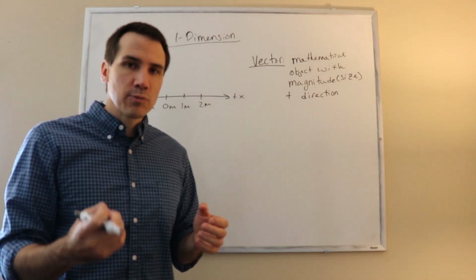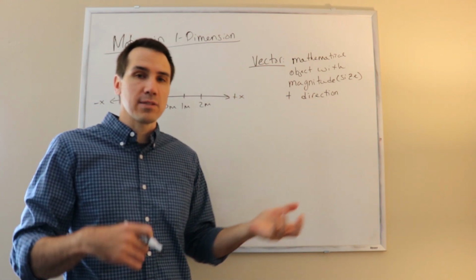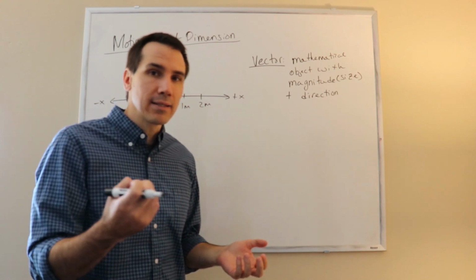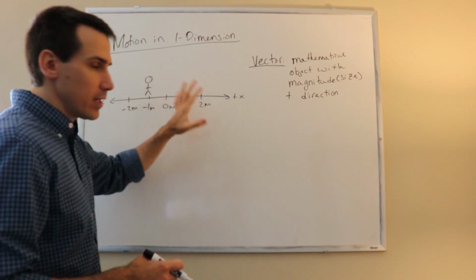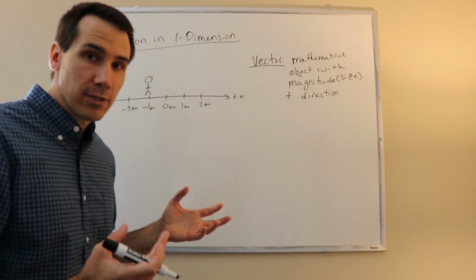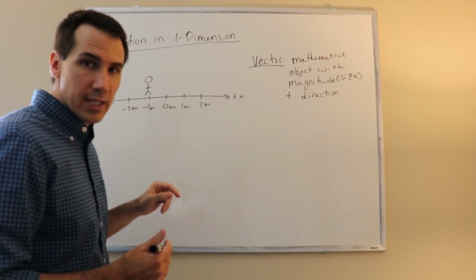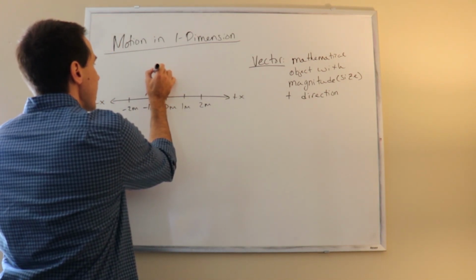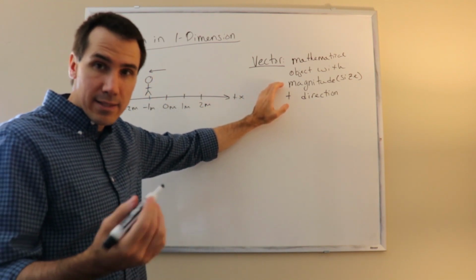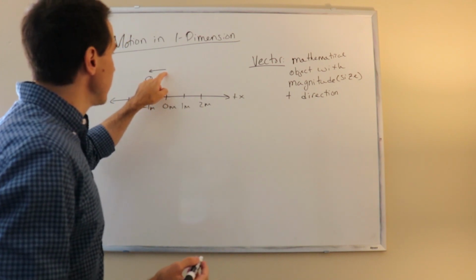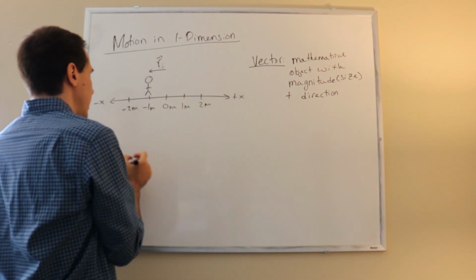So we're going to describe this person's position using a vector, a mathematical object that has both direction and magnitude. Okay, I already have my coordinates set up here. So I'm going to create a vector that points from the origin to the place where the person is, right? And we can draw vectors as arrows. The arrow has some length that tells us about the size of our vector, and then the vector has some direction. So I'm going to call this r sub i vector,